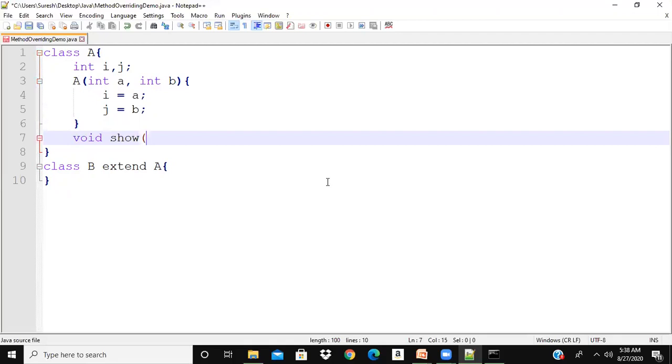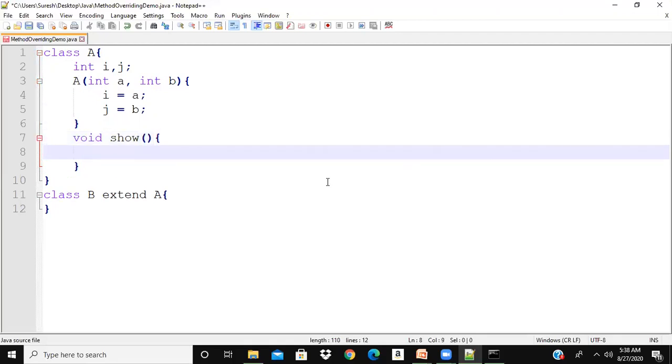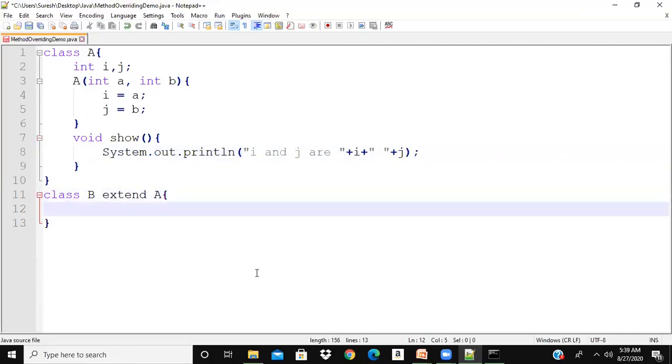void show, then System.out.println, and print the values of i and j. Now in the child class, I'm creating another variable k.